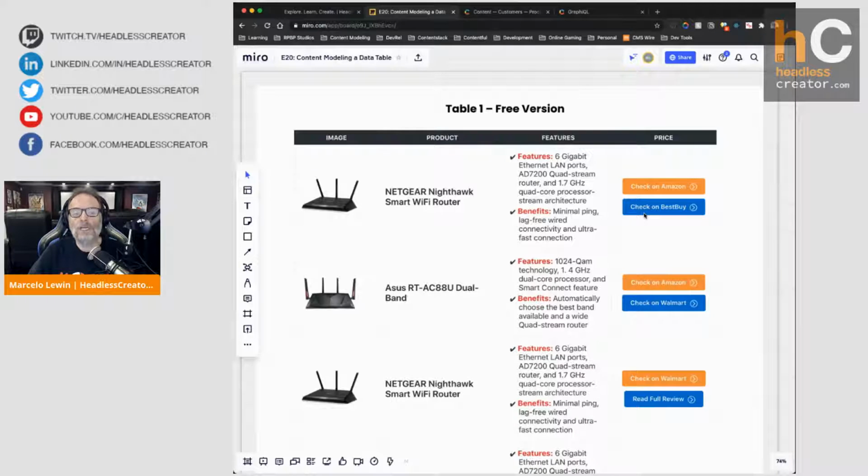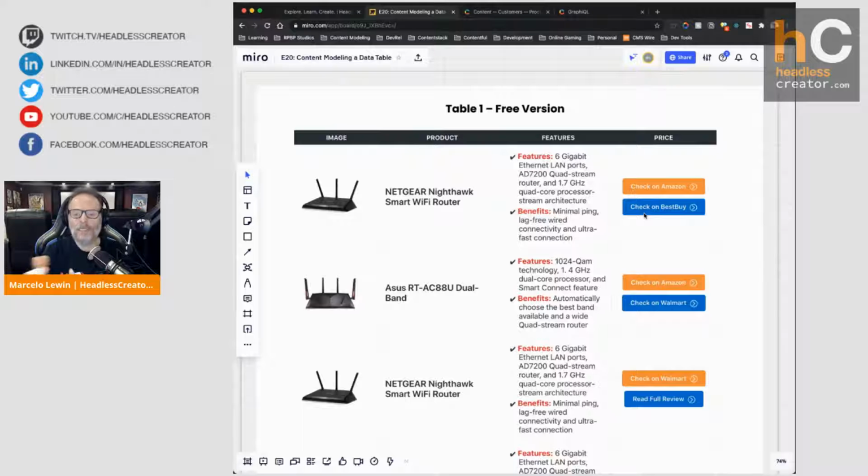But I said, you know what? I don't want to just model this table. I want to create a content model that is scalable and can be used by any user to create any kinds of table that are driven by data inside of the CMS. So how do we do that? Well, there's two things here that I had to analyze. Number one is we have a table structure. And then number two, that table is being populated by some sort of data. So there's two separate things here that we have to look at, right?